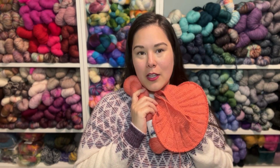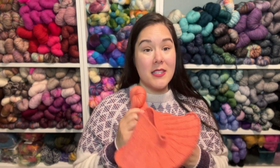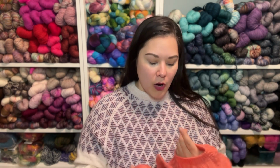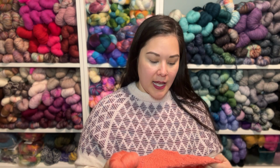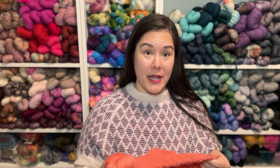It's so soft. Not my best color, but I'm actually really excited. This does look like a grapefruit. It's such a good color for summer, so I'm really excited to get this. It's grown quite a lot pretty quickly. The rows are going to be so many stitches